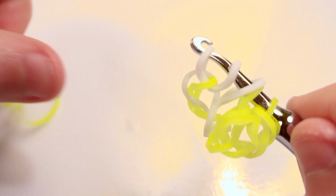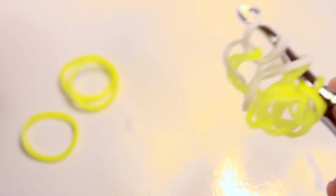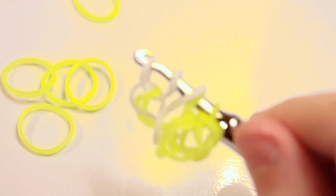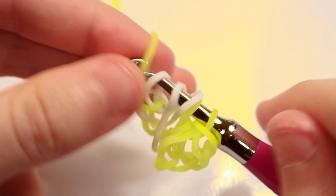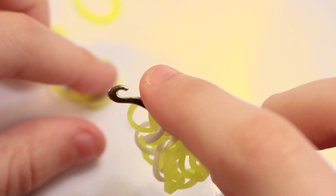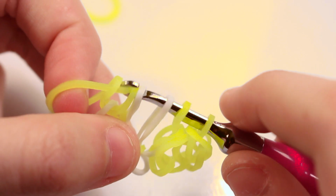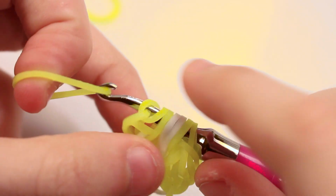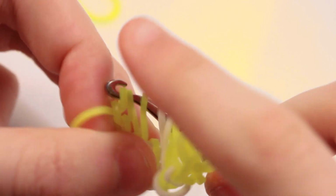And I'm going to repeat that, so it might be easier to lay out some yellow bands, just 4 in a pile, and then 1 for pulling it through everything. And going to just only go through the first white, first side of the yellow, and sorry if I'm going too fast by the way. First side of the yellow,